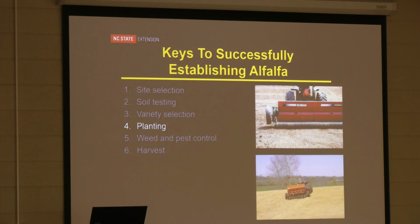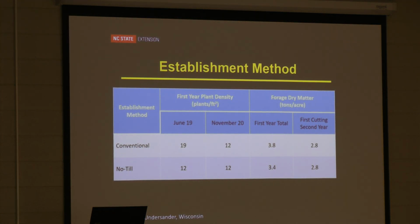Additionally, planting is also a very important topic when talking about alfalfa establishment, and alfalfa can be either conventionally tilled and drilled in that way, or we can do a no-till drill type establishment. But this study was taking place in Wisconsin, where they've done a lot of the alfalfa forage research, and Dr. Undersander at Wisconsin found that, comparing conventional tillage versus a no